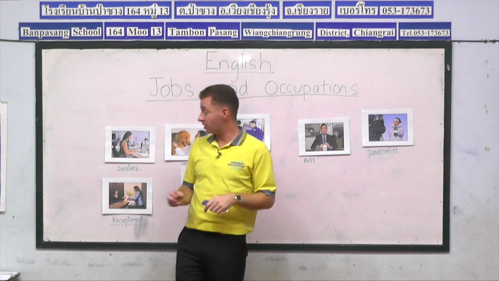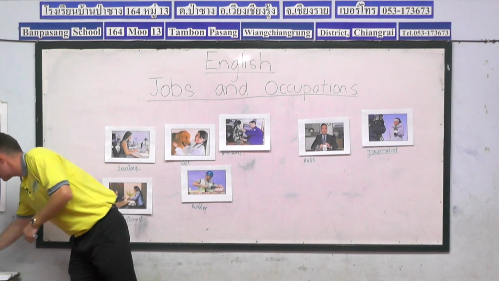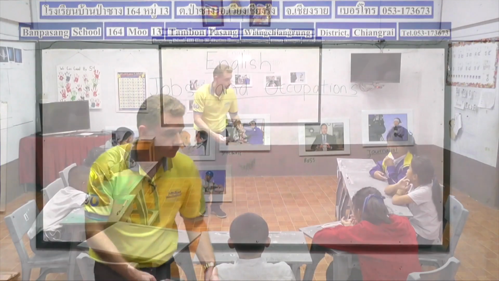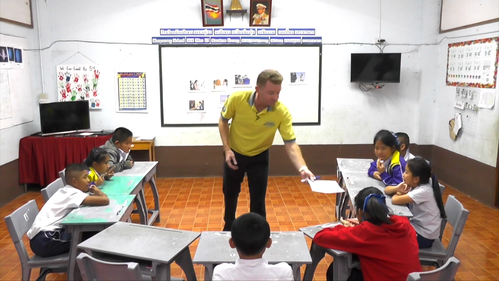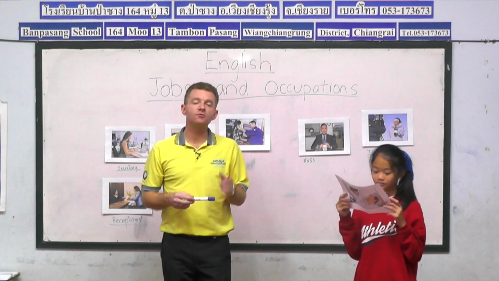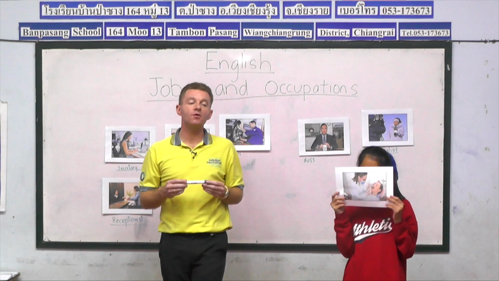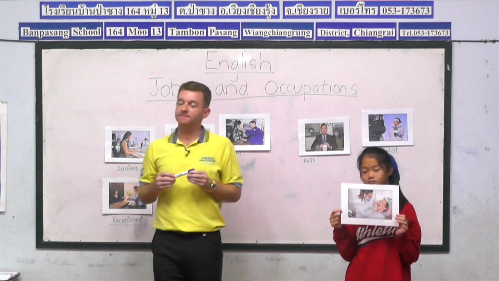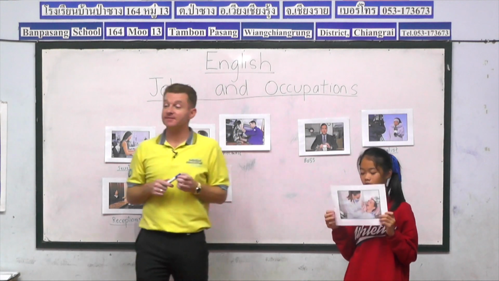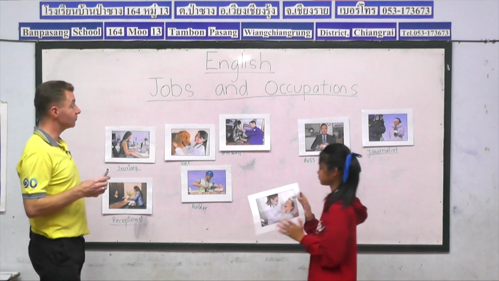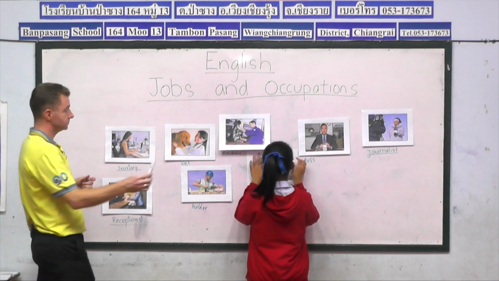And one flashcard left for our final student. So let's see who hasn't been yet. Now it's Down's turn. So Down, come and join me at the front of class. Okay, so who's this? Who's the person who helps us take care of our teeth? If we have a sore tooth, who do we go to see? Dentist. Yes, and Down can place dentist onto the board and show us how to spell it correctly.